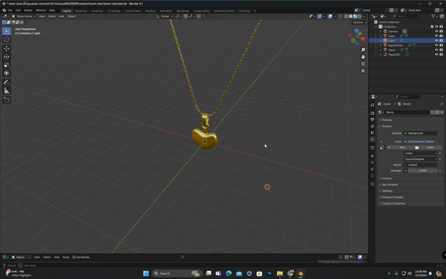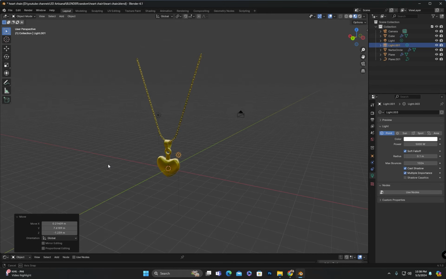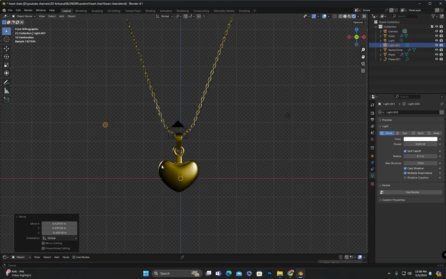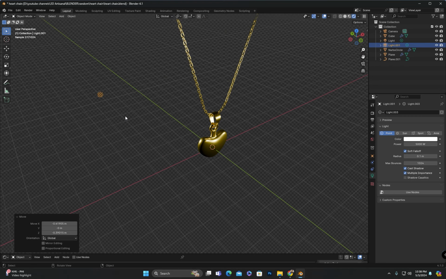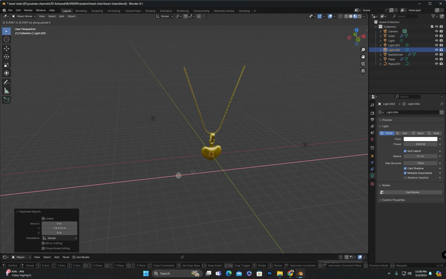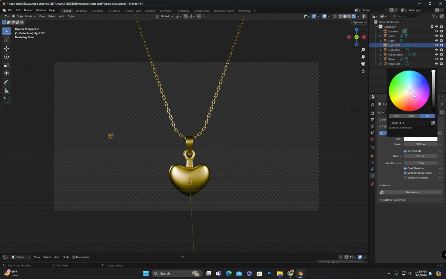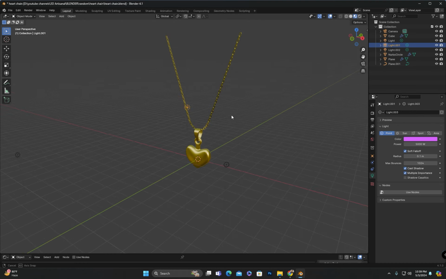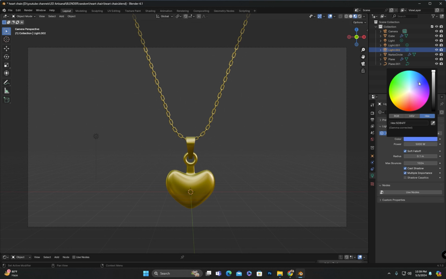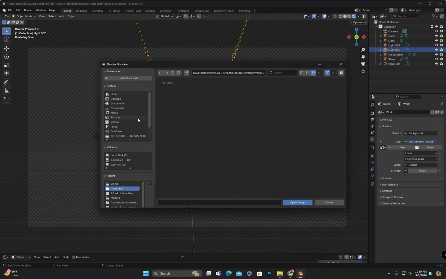Now I will set up the scene lighting for rendering. Next, I will add an HDRI to the world lighting and adjust its strength.